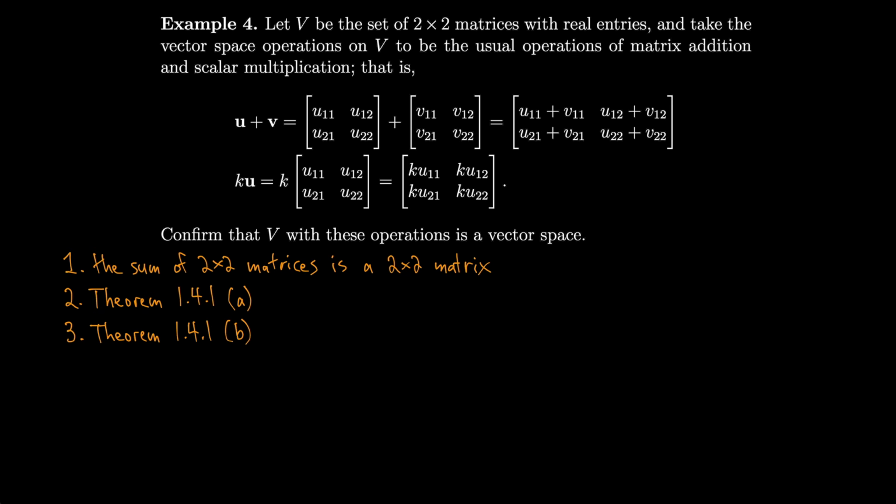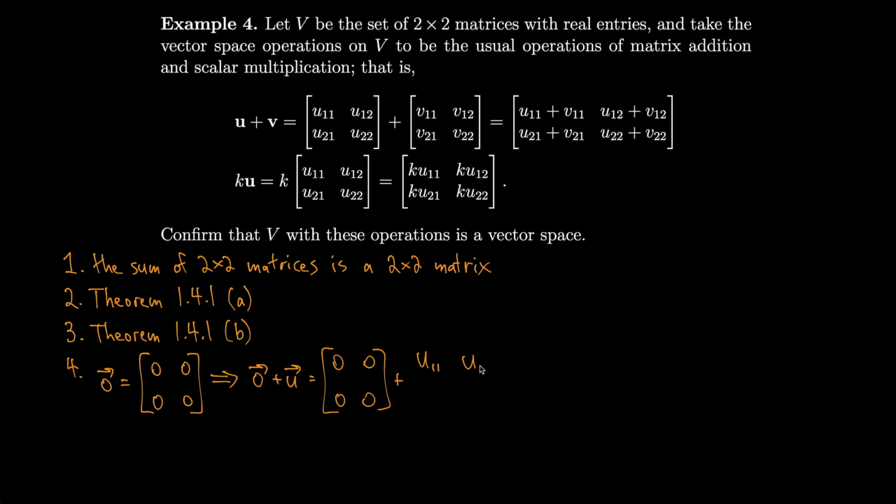Should make sense because addition for real numbers is associative and we're just going to the components similar to last time anyway. For number 4, how about we just take the 0 vector to be the 2x2 0 matrix with 4 zeros. So that means that if we take 0 plus any vector u, that's just going to be the 2x2 matrix of zeros added to some matrix with arbitrary components u11, u12, u21, u22,